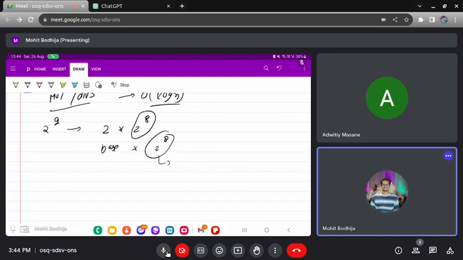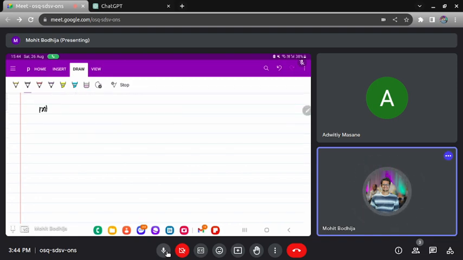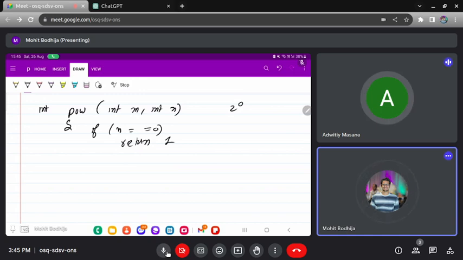Let us try to write the code. Int power function, let us take two variables m and n, and the base condition: if n equals 0, 2 to the power 0, what will be the answer? 1. Now let us take the case 2 to the power 10, which means the power is even.